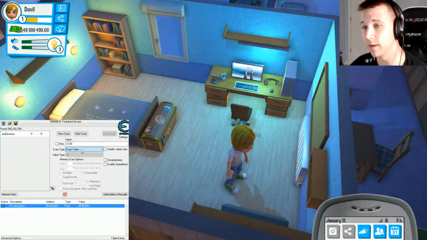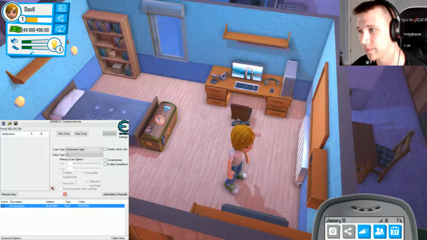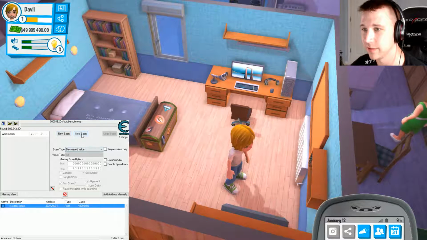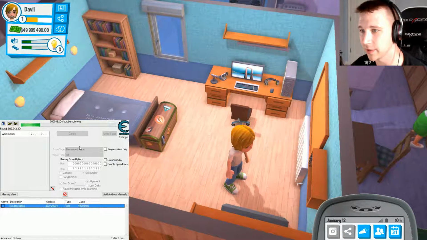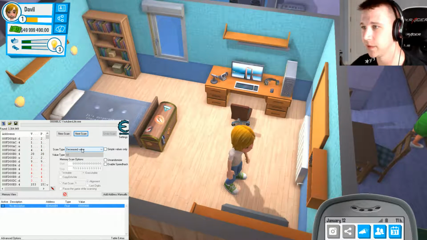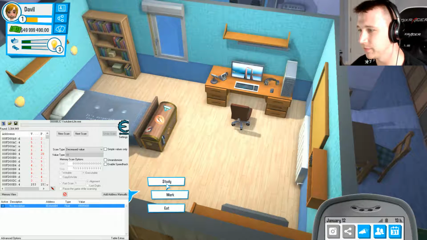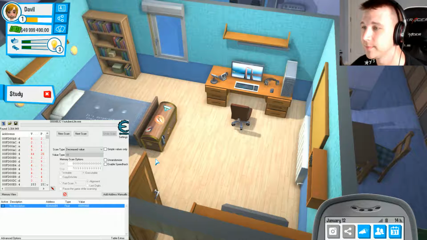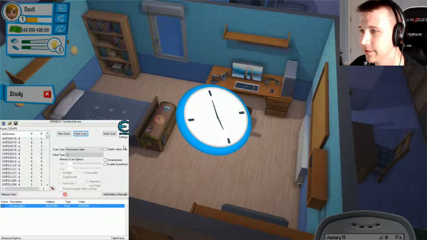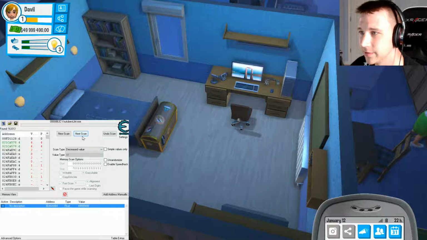Done. And the next thing is we're just going to let it decrease a little bit. Let our sleep decrease. I think it has, and then we're going to go to next scan. Alright, so there's one. It's decreased a bit, so cool. We can make it decrease a little bit faster by going out to study. So we'll go out to study, and I saw it decrease. Every time you see this thing decrease, you can just go ahead and hit the button, and you'll see it start to